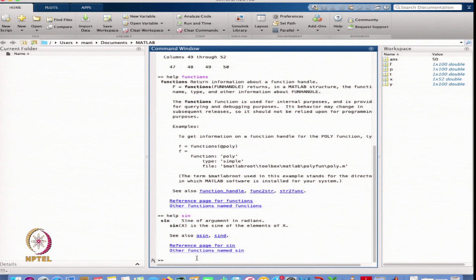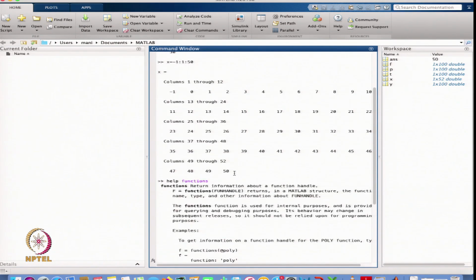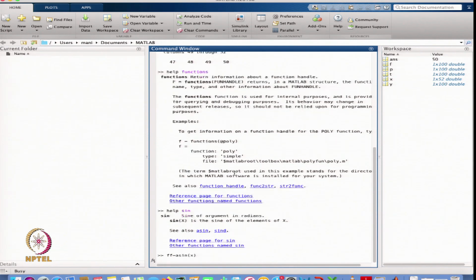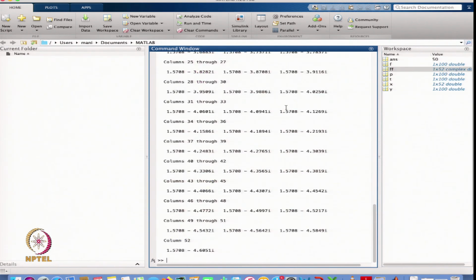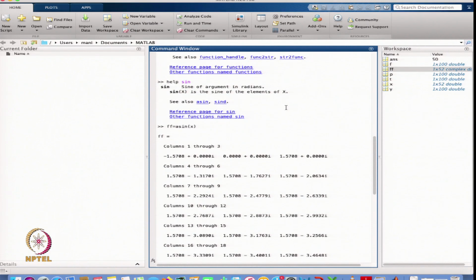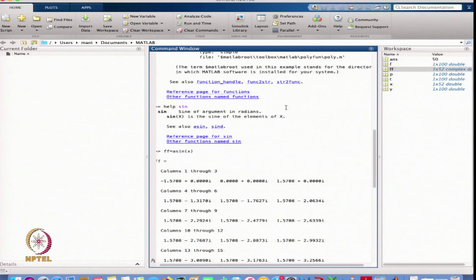So, let us define the function double f is equal to a sine of x. So, that is the function we are getting for a sine, inverse of the sine, and it is coming out complex here.